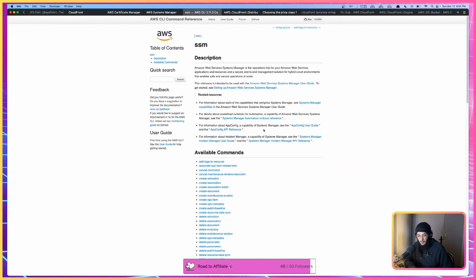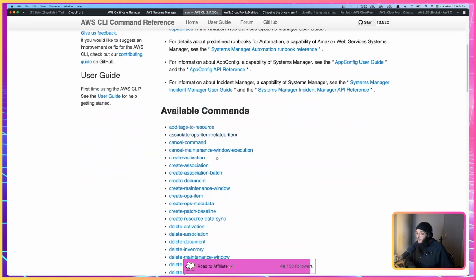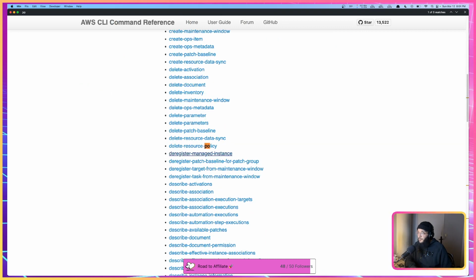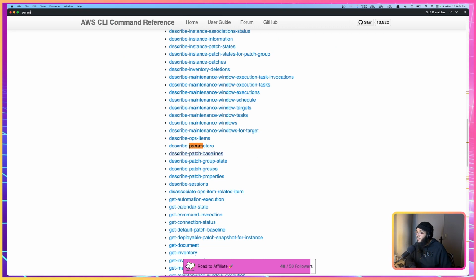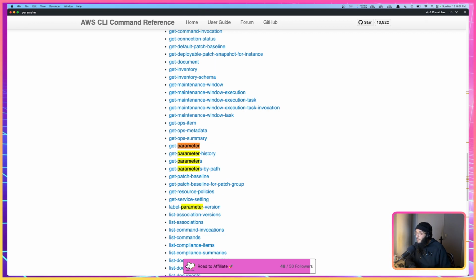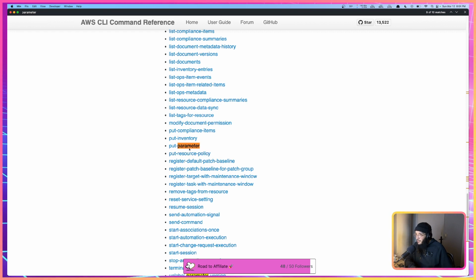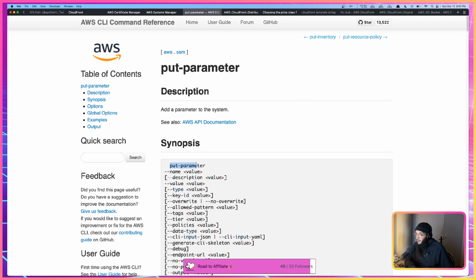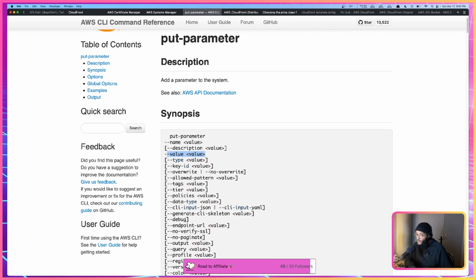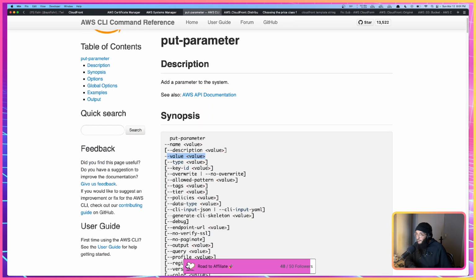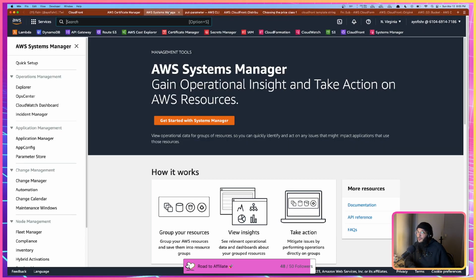All right, so parameter, get param, blah blah blah, label param version, put parameter. Is that the one? Put parameter, name and then value. Okay, so we'll do, is the parameter store